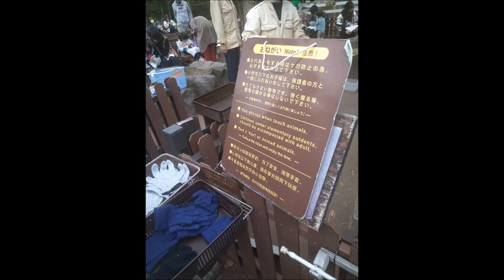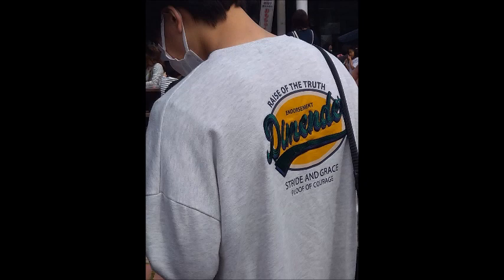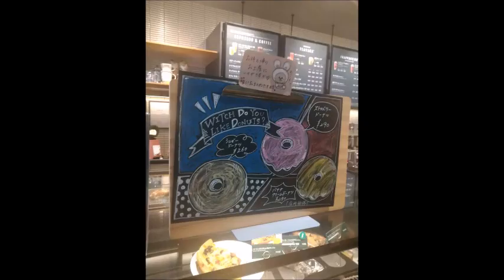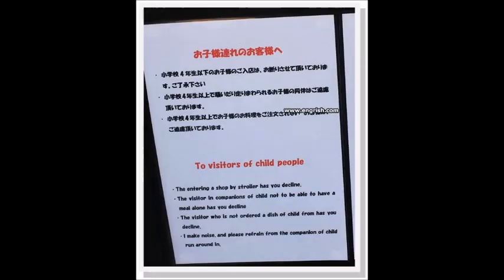Japanese recruit native speakers from the United States, Canada, England, or Australia to help teach English in junior highs and high schools. However, the Japanese teachers assigned to teach English adamantly refuse the assistance from the native speaker. Japanese believe that phonics is a waste of time to teach, and there is no time to teach it. Since students don't learn English phonics, they use Japanese pronunciation to read and spell English words. As you can see from this video, these funny signs are the product of not learning proper spelling and pronunciation